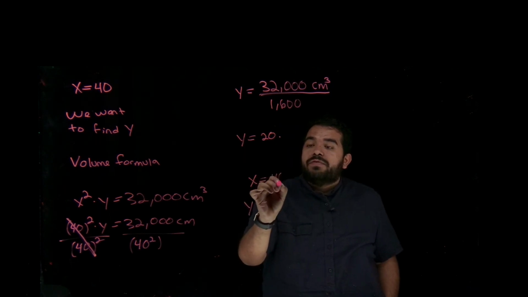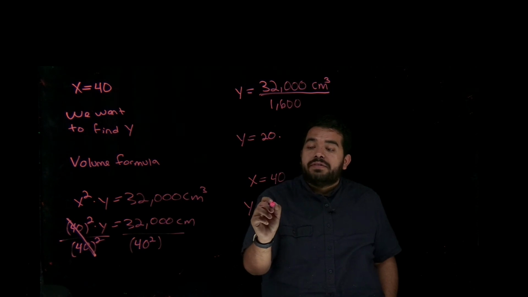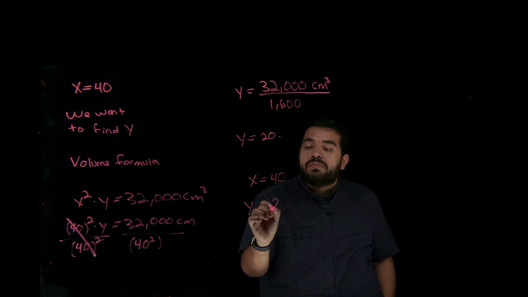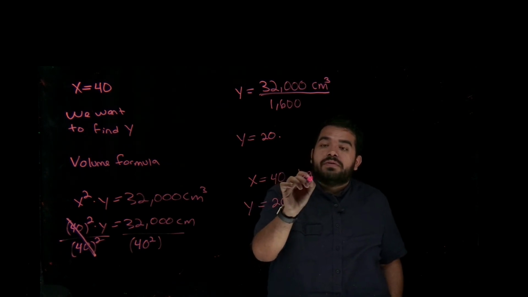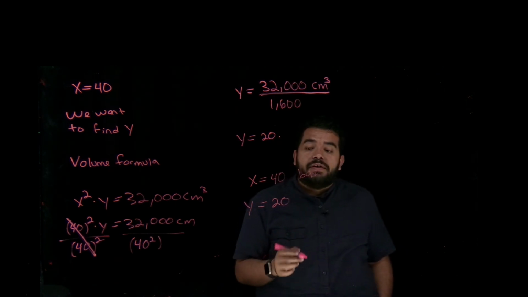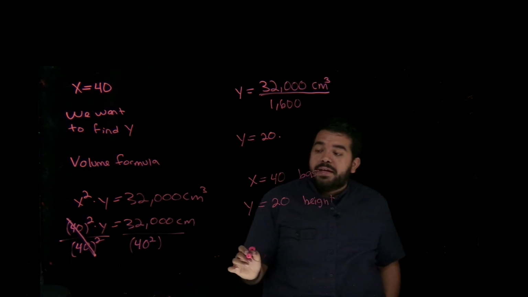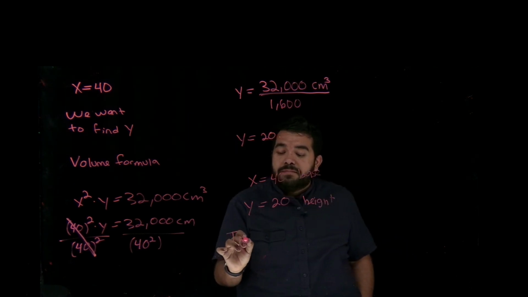x is equal to 40. We verify that this is a minimum. We use this information to solve for y. So that means that the height has to be equal to 20. So the base has to be 40. Remember the figure that we have. And this has to be my height. And these are going to be the dimensions